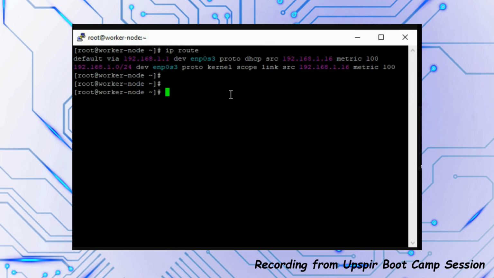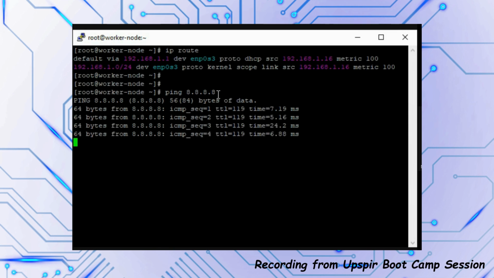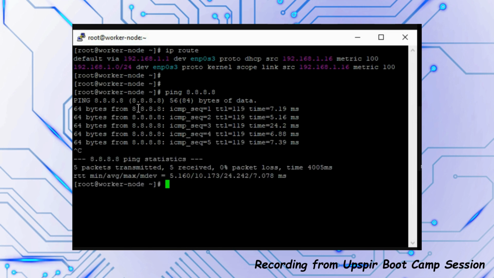Now, one command that you already know, we have discussed this before, is the ping command. Ping is the command that I can use to check the connectivity. So this is a public IP. I ping this. It shows me that I am able to receive the bits. The time is 7 seconds or something. If I run the same command with a local IP,